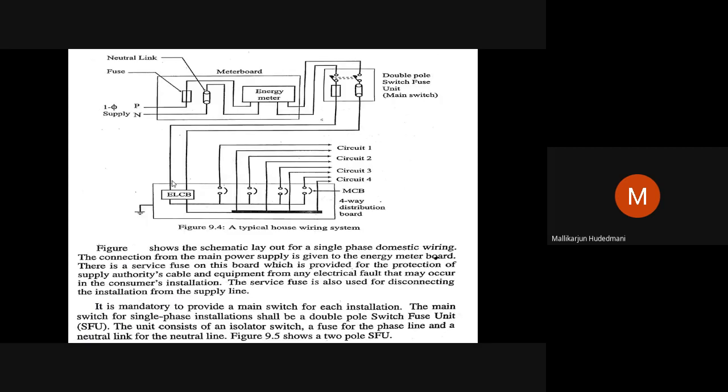Then moving to another magnified view, how a wiring looks like. You can see here, this diagram is clear to you. Once the energy meter, a rectangle box, is shown to you, to this energy meter I get power supply from ESCOM, phase and neutral. So I'll have fuse protection. This fuse protection makes a connection to the energy meter and it is protected. We are not supposed to tamper with this.